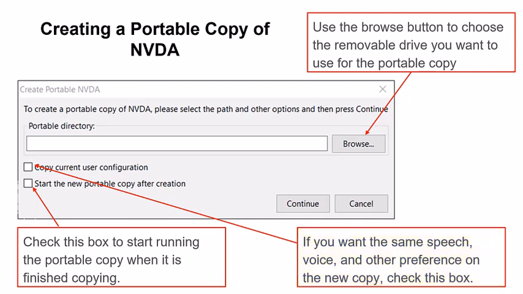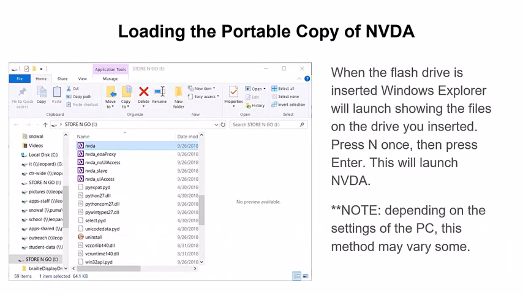If it's for somebody else, maybe leave it unchecked. The second checkbox is start the new portable copy after creation. That would mean that it would shut down the installed version of NVDA and start up the portable copy. And this would be necessary, or it might be something you want to check if you didn't have that first checkbox checked. Loading the portable copy can be a little bit tricky because it's going to depend on the machine